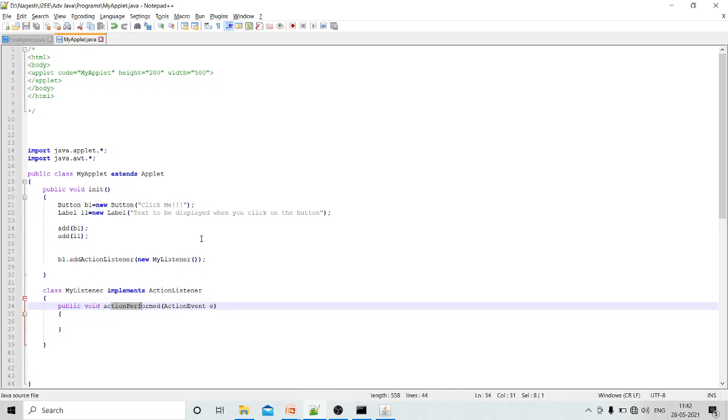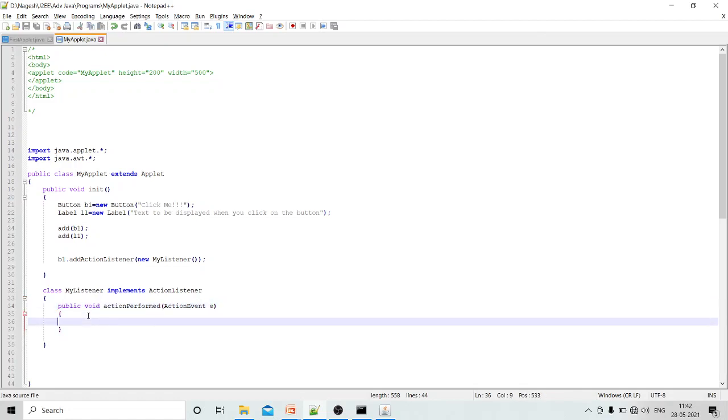So the object which is created by the JVM when I click on the button is sent here. Can you see ActionEvent here? That object is sent to the method actionPerformed, and in actionPerformed the object is available with the name e. Now inside this method actionPerformed, you have to include any code you want to execute upon clicking a button. What code do you want to execute when I click on the button? As I've said, I want to display a message, Hello Java. So that code, the Hello Java message code, we have to write here.